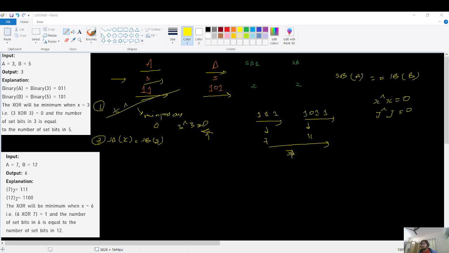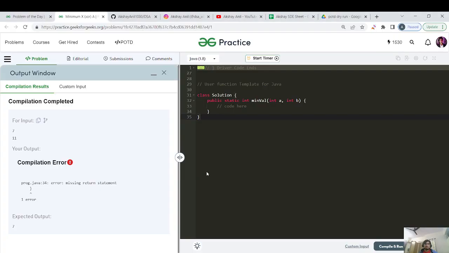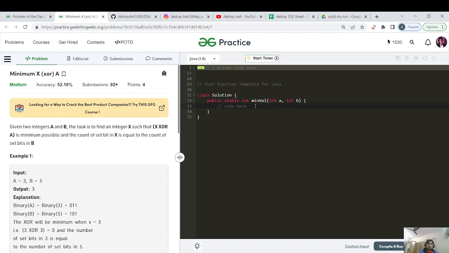Okay, so as we go ahead, we will be coding it one by one, right? Because if I explain all the logic at the end and then we start coding, it will be very difficult to understand, right? So we are confirmed in this one case that if the set bits are the same, then just return A, right? So let's make